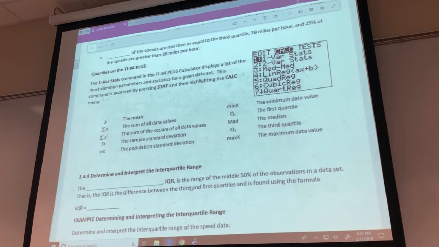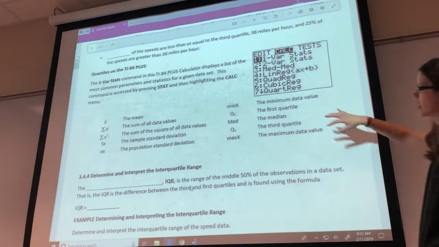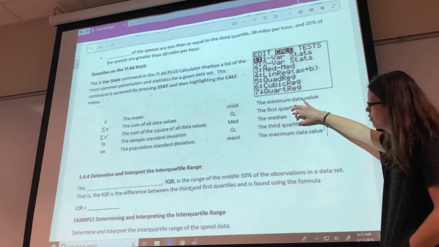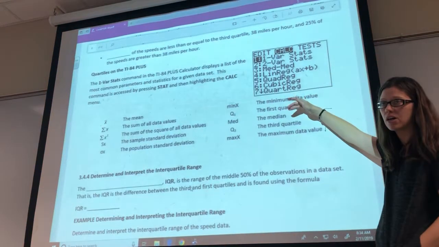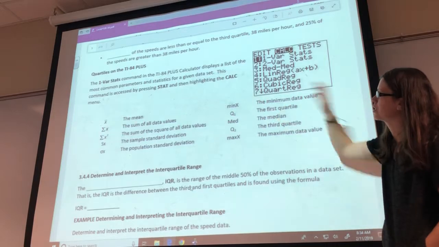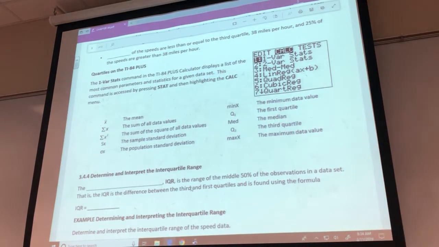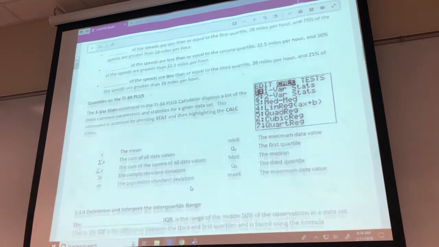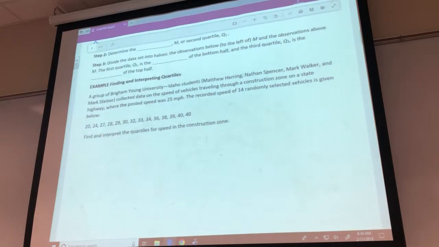Here's how to do quartiles on the TI-84. It's going to be still using our 1var stats, the same program that we used in 3.1, 3.2, and 3.3. So we're going to kind of keep with that theme now. So if we run the 1var stats and go down to the very bottom, you've got your first quartile, your third quartile, and of course your median that we already talked about previously. So they're grouped together right here, and that's how you'll find your quartiles. So if we come back to our example up here, so let me zoom